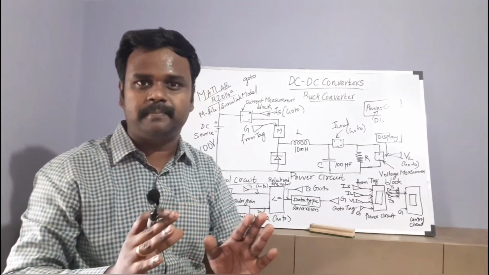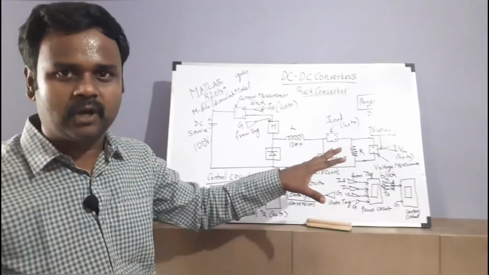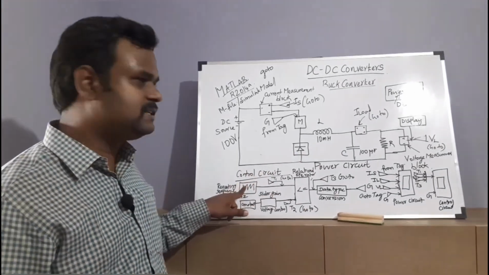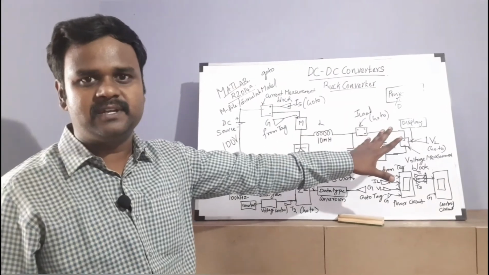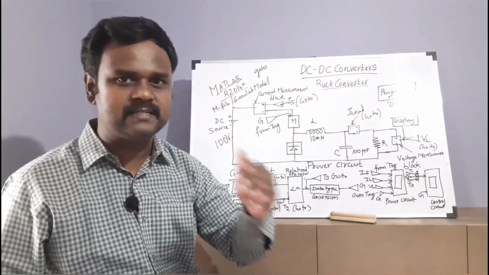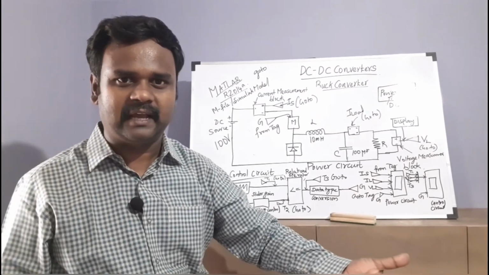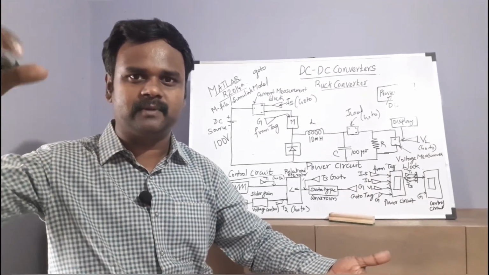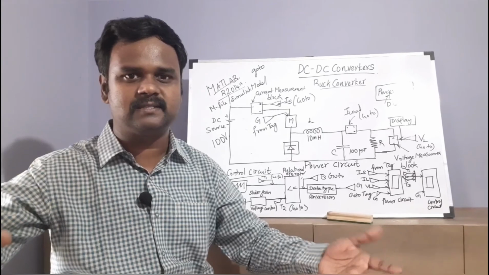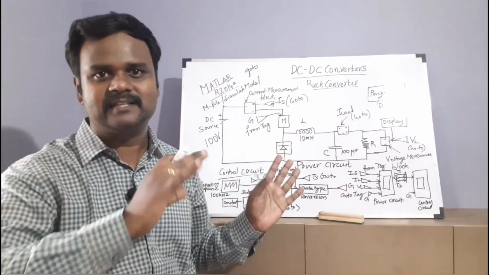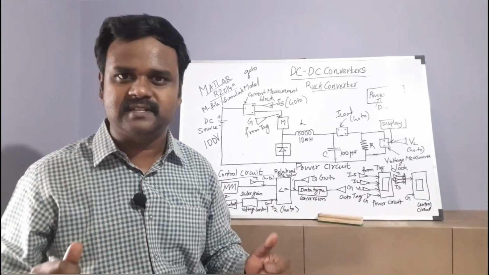That's all about the simulation part. Hope you have understood it on the board. The only thing that I have not mentioned is how to enter these values in the simulation, right? I will explain it in the system. You just draw this diagram on paper and keep it with you, then pick the blocks from the MATLAB library and place them in your page, and you can start simulating. Simulating is that much easier if you understand this concept very well, right? Thank you for listening to this session.